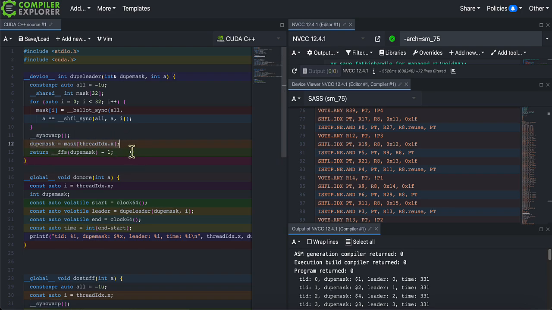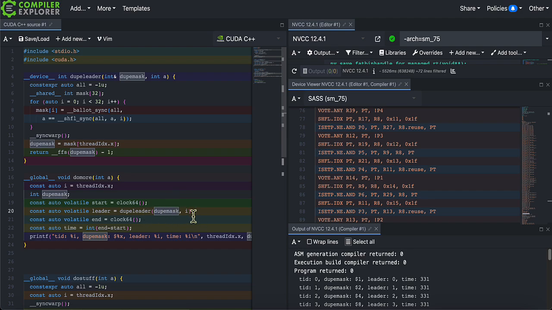Now we can read the mask for the particular thread into each variable, the mask, so that every thread gets the correct mask from the shared array that was built up to begin with. We then return the leader as before, and we return the mask as a reference parameter.